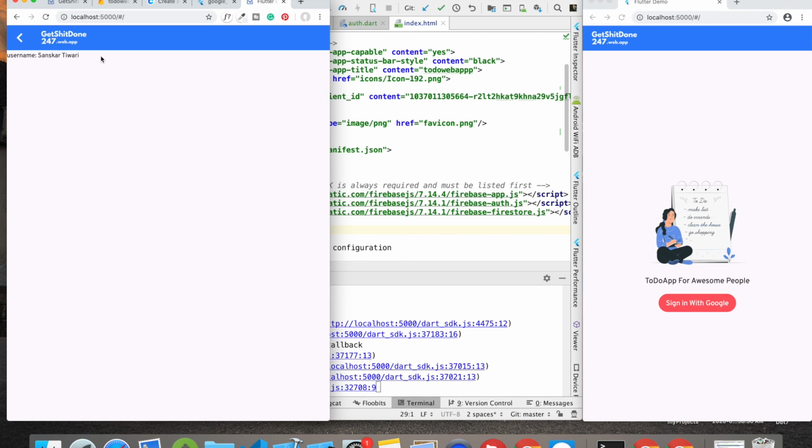It was a little bit bigger compared to the first video, but yeah, we were able to learn how to create this beautiful UI, how to add images and stuff, how to add fonts. We also learned how to add Google sign-in with Flutter Web. We also learned how we can utilize best practices, something like using localhost over here is best compared to directly using here, which you will struggle a lot with. So yeah, we learned a lot, and in the next video what we are going to do is